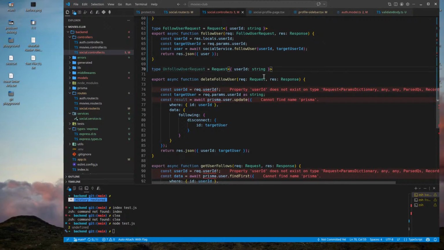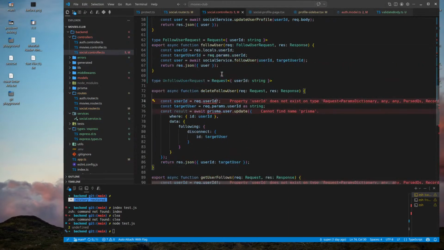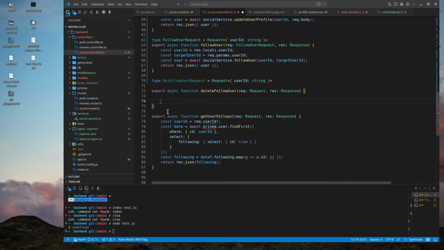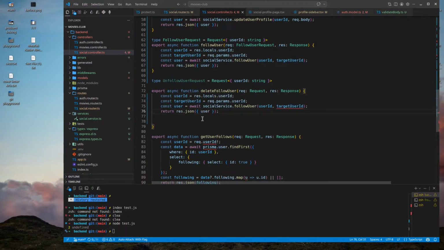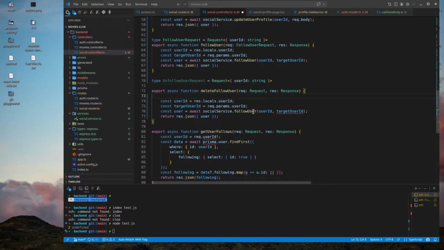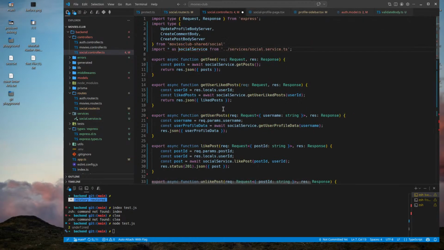Follow. يا أخي، إن شاء الله خلينا ناخد هذا copy paste. مو هو أصلا نفس الشيء. هون بس بدنا نعمل unfollow user، وبعدين راح نروح على السيرفيس layer.